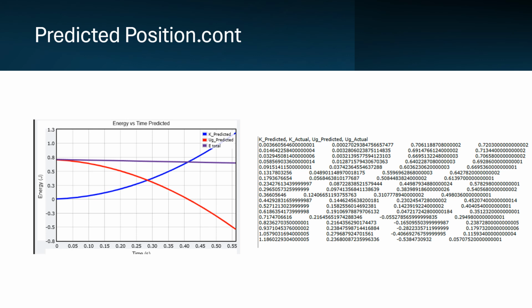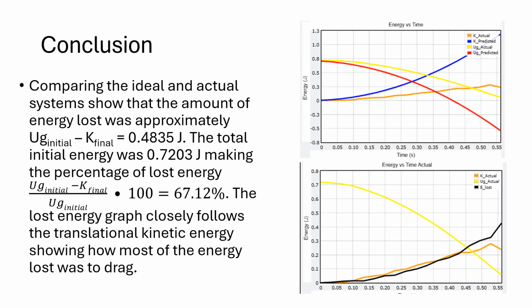So this is my predicted position graph. I have the data to the right for predicted and actual. As you can see here, the total energy of the system stays constant because there was no energy lost in this ideal model. So the conclusion is that comparing the ideal and actual systems shows that the amount of energy